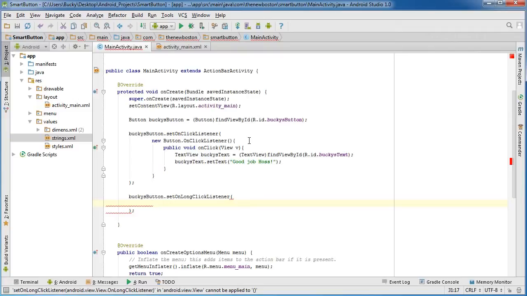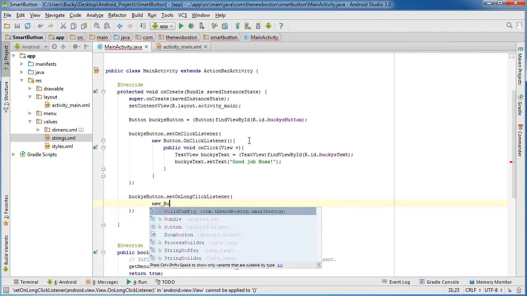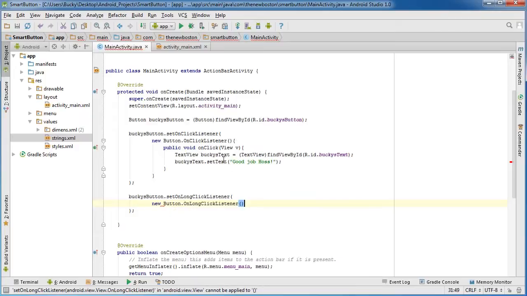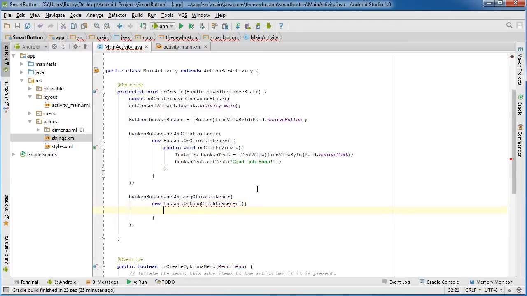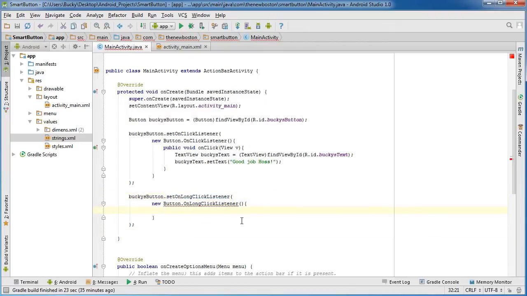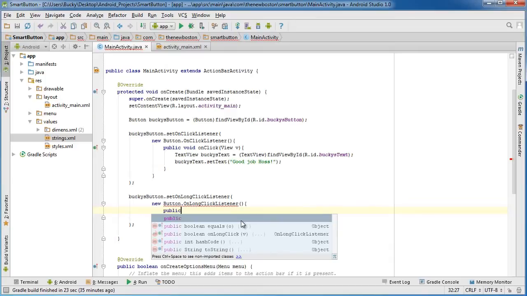Now for this, what we need to do is make a new interface button. Again, this is on a long click listener. It's a little bit different than this one, so make sure that you don't get confused. Actually, if you ever get an error after you're done typing all your code, it's probably because you got on click listener and on long click listener mixed up. Whenever they're autofilling, they sometimes get confused. But anyways, just like before, public